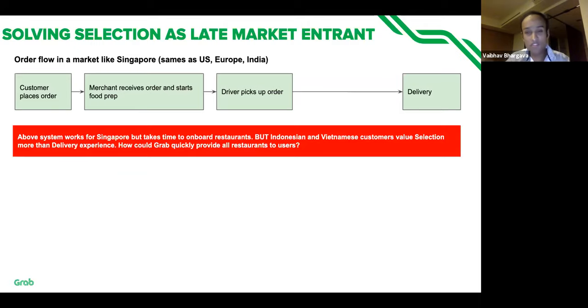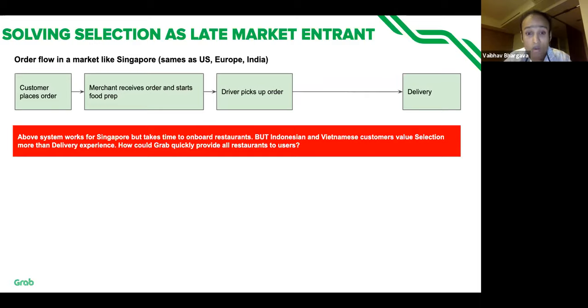But there's a slight problem in this when you are a late entrant in the market, because setting up this system takes time. You have to go and integrate with the restaurant's technology when you onboard them. You have to create those payment transfer processes. And when you are late and you have incumbents who are already on a roll and have great selection, that's a problem. You just cannot afford to do that, right? So in a market that values selection over everything else,